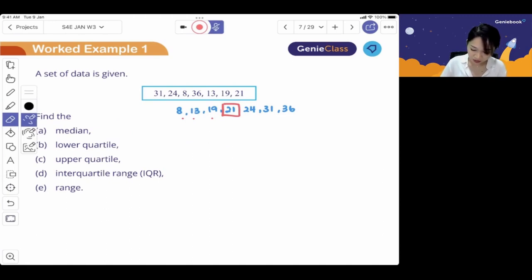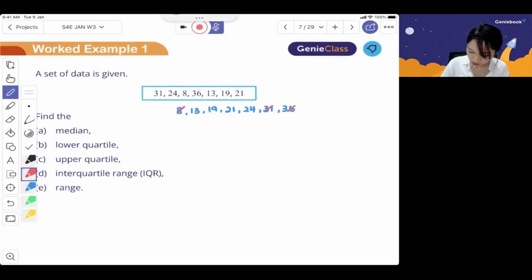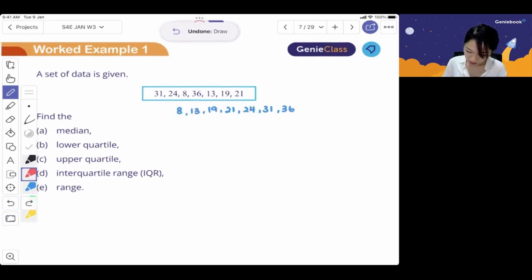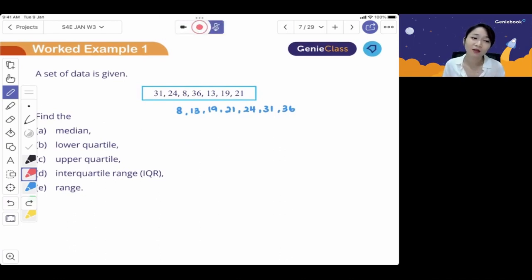The other way, I know some students prefer the old school method, where you just count. You cross 1, 1, 1, 1, 1, 1, and you realize 21 is in your middle. So there are two ways, either way you can go about it. But of course, the calculation method might be a bit easier, since when you have bigger pieces of data, let's say 20 or 30 numbers, it might be easier to just calculate where is the middle position. So 7 over 2, that will be 3.5. So our median